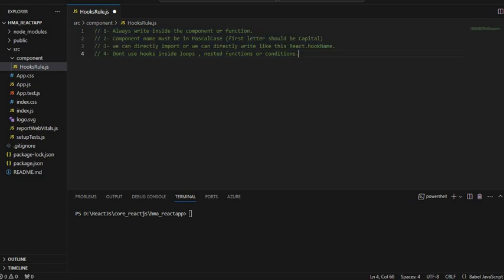So the first one is always write inside the component or a function. And the second rule is component name must be in Pascal case. First letter should be capital, like this. And the third rule we have to follow is we can directly import or we can directly write React.hookName. And the fourth one, don't use hooks inside loops, nested functions or conditions. So these are the rules which we see here. So let's apply all these